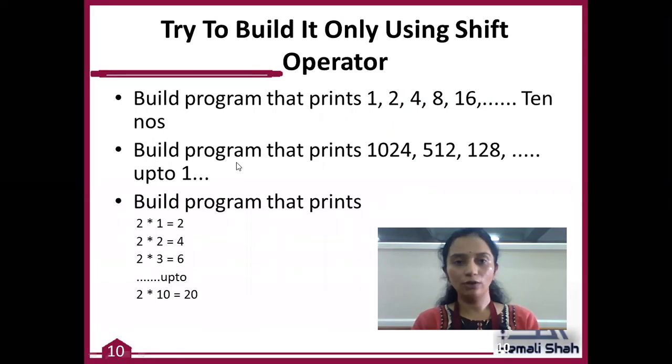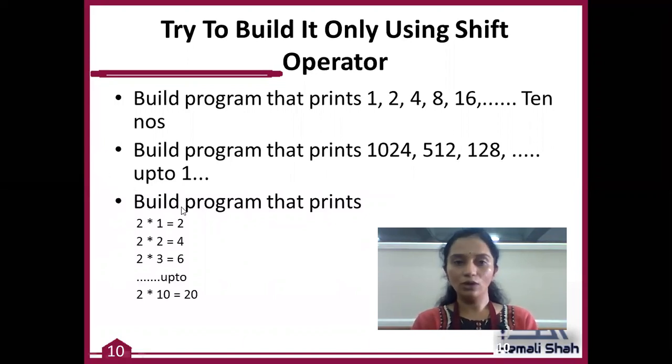Another program that you have to perform by using the shift operator: take a value in your variable like 1024 and use the shift operator, and that should print the answer like 1024, 512, 256, up to 1. So you have to write this program by using the shift operator. Right now you can write this code by using the normal operators only without loop. Later on, when I will cover the loops, you can write this code by using the loop also.